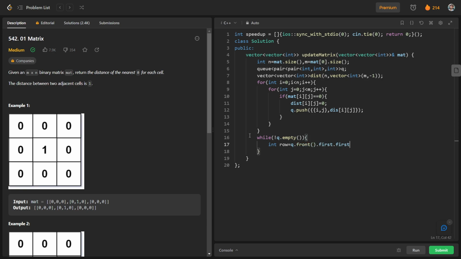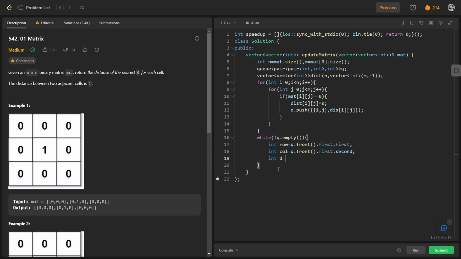So this is our row, and our column will be q dot front dot first dot second, and our third member will be nothing but distance. So I will write here d. So d is nothing but the distance of the nearest 0 for this cell.